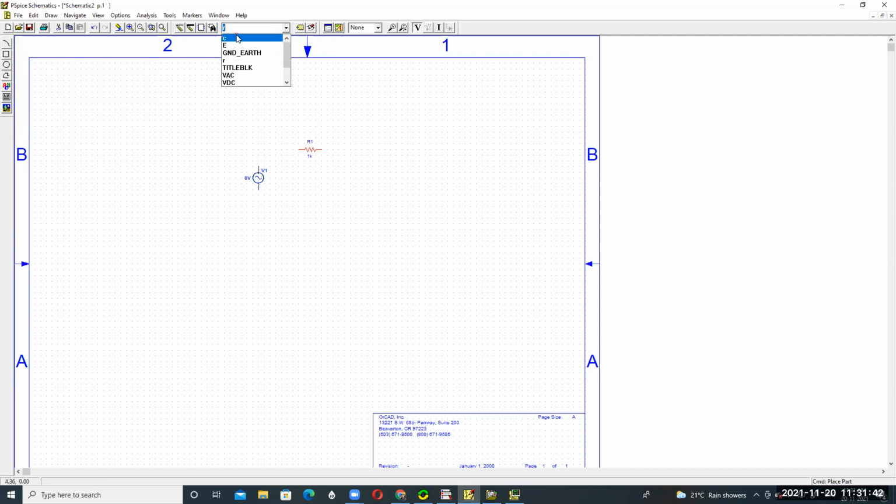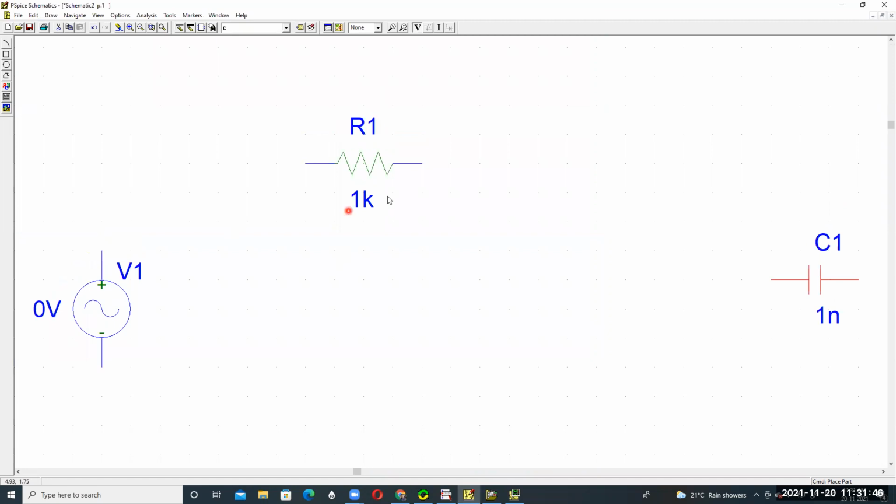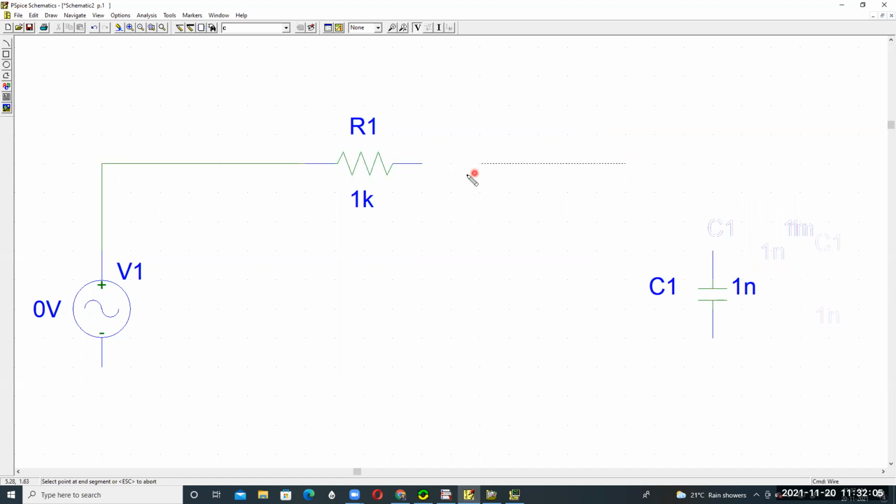Place the capacitor and resistor, and rotate using the keyboard control, and it will display like this. Then by using the wire, connect like this a simple series RC circuit for the design of a low pass filter.